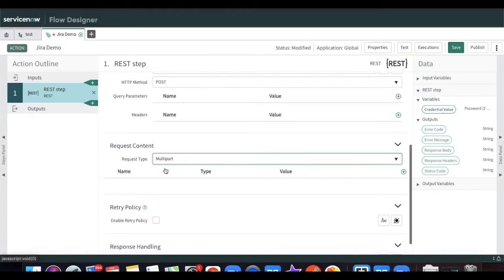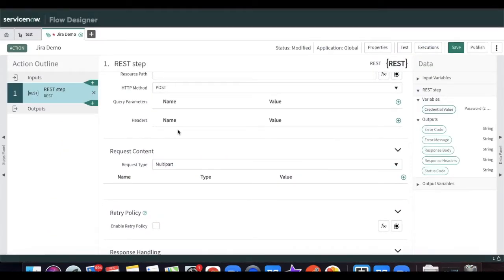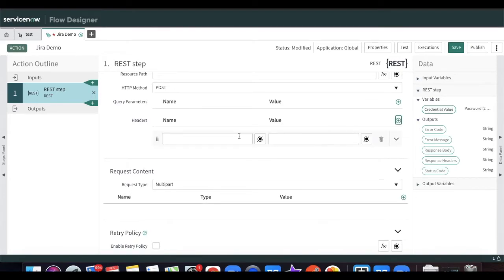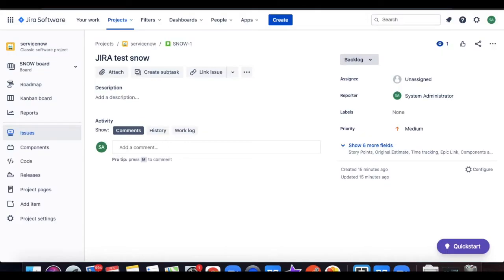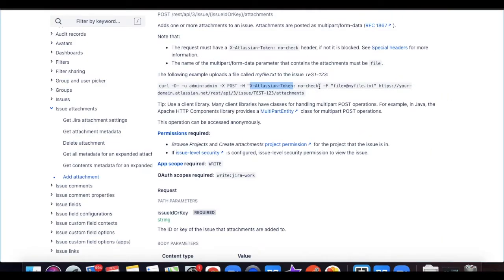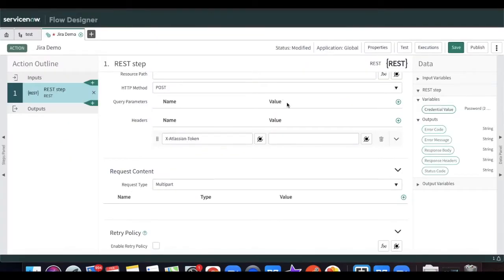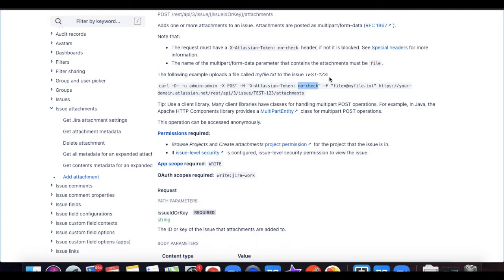So if I scroll down, this is the header, and I have to create one header here, and put the value called no-check. And what else are they looking for? The file, and here should be the file value.